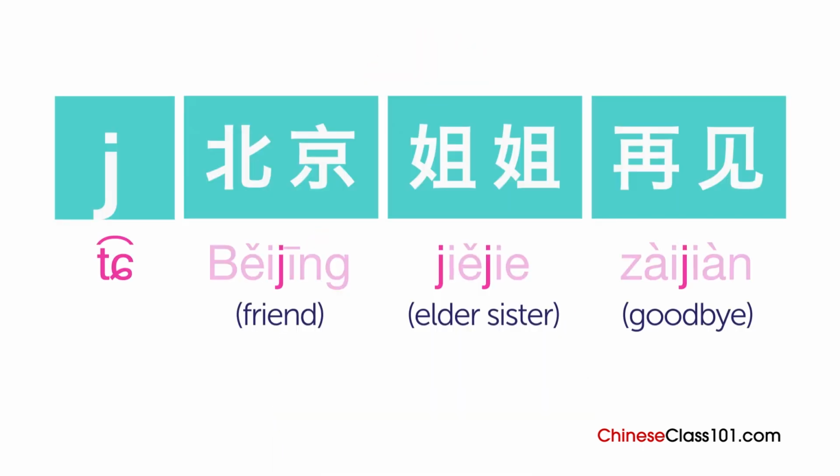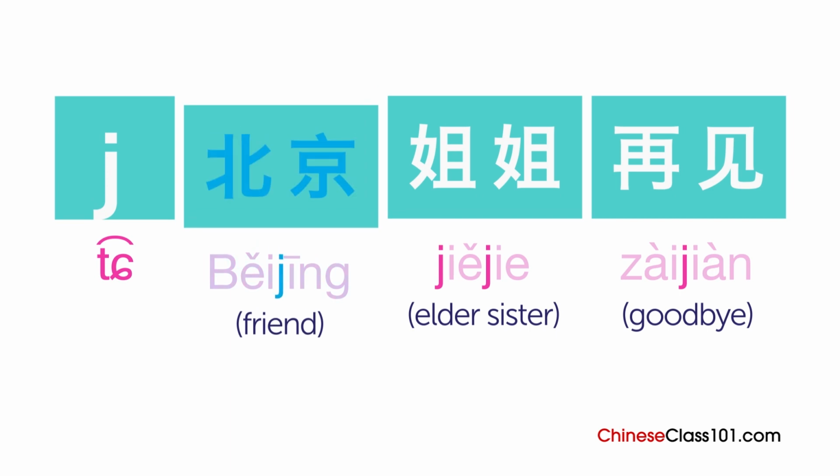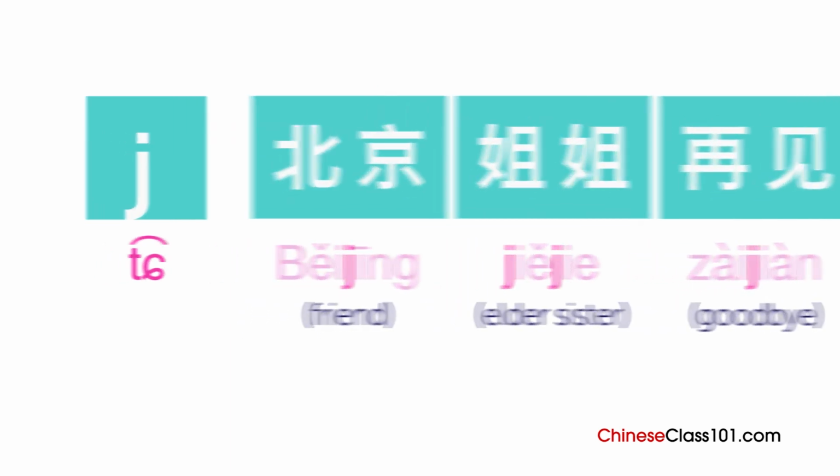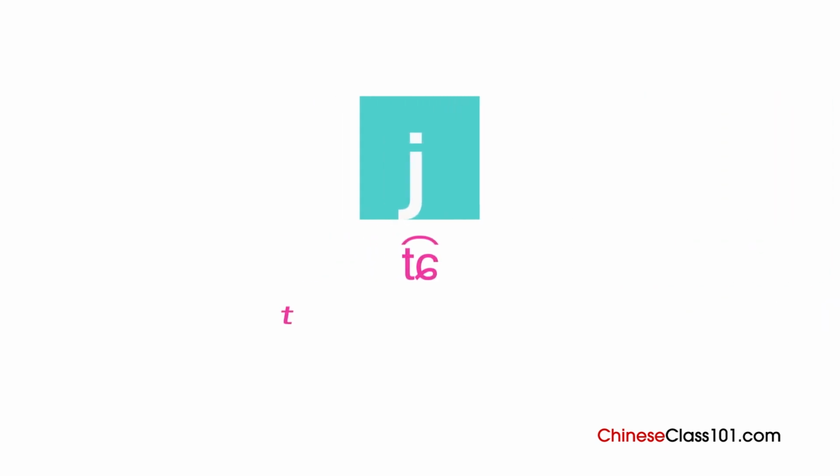Do you remember the difference between aspirated and unaspirated sounds? Aspirated consonants have a burst or release of air, while unaspirated sounds do not. The next two sounds distinguish between the two, so pay close attention. The unaspirated one is j, 姐北京姐姐再见. This sound is like a combination between a T sound and the constricted sh sound